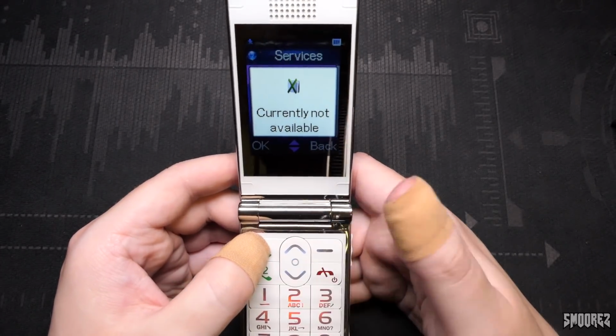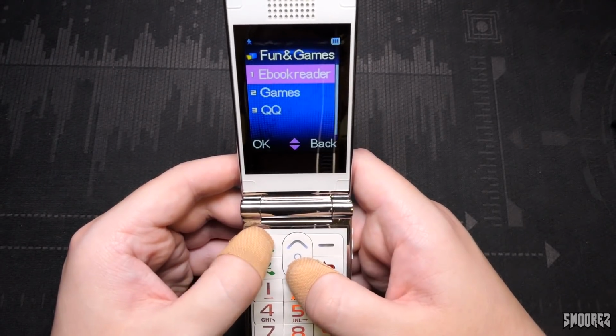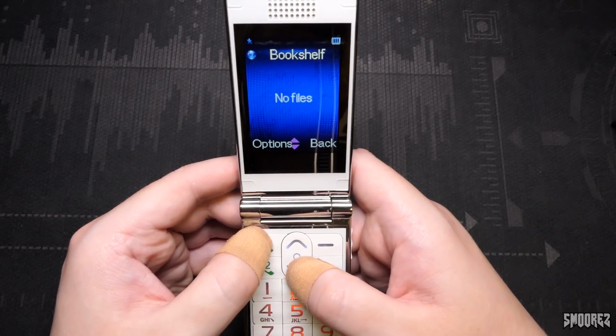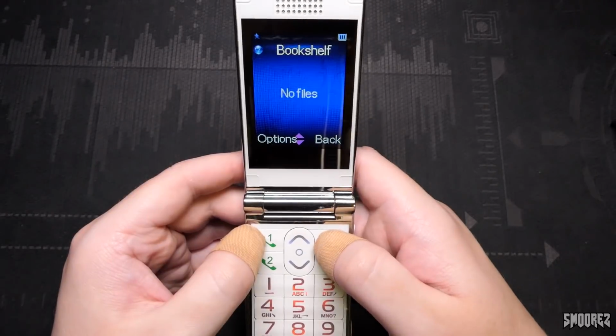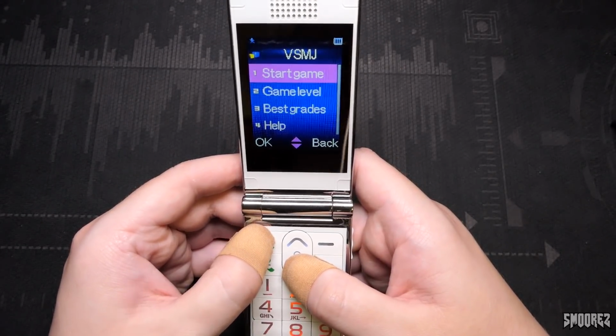Services, internet services, currently not available. Not much we can do because this is 2G only. Fun and games, ebook reader, which I didn't put a text file on here. I should have done, but you can read ebooks on this if you wanted to. Games, we have VSMJ, which is...